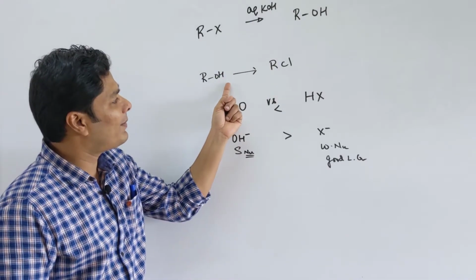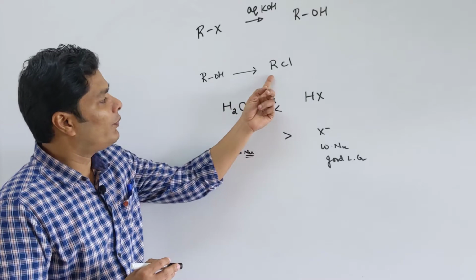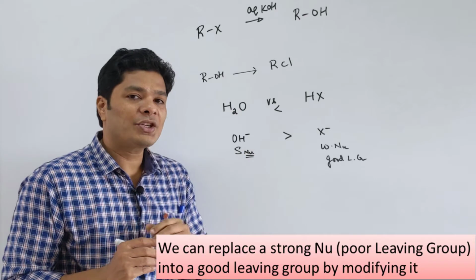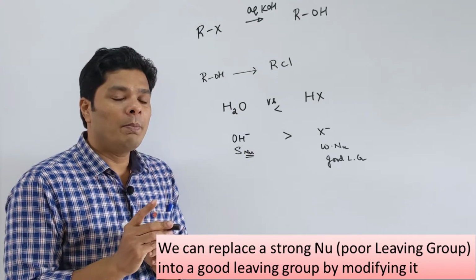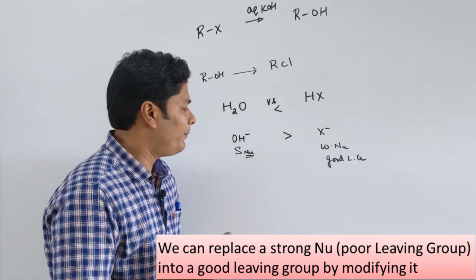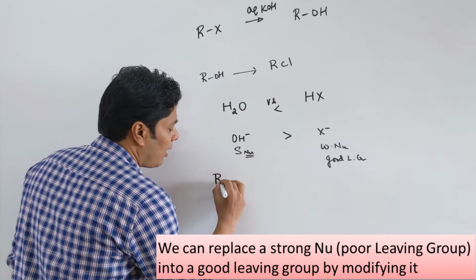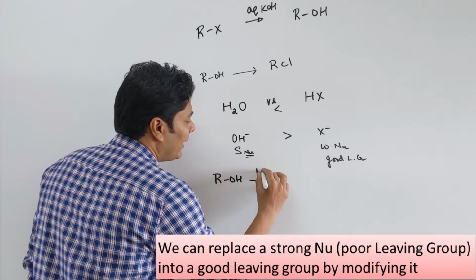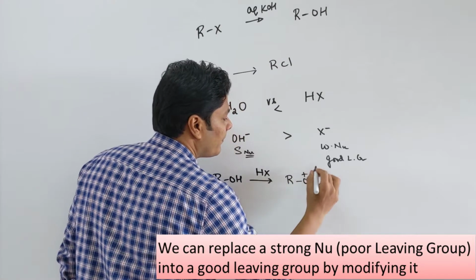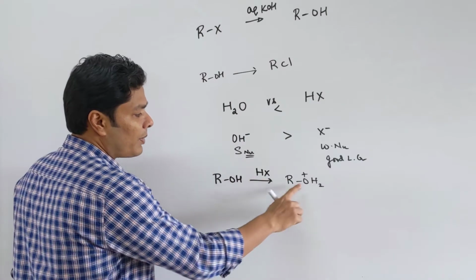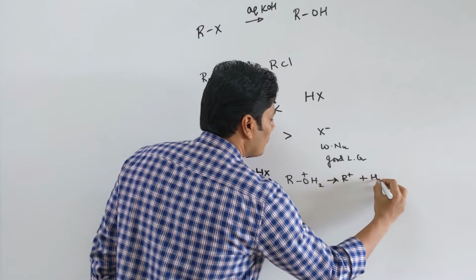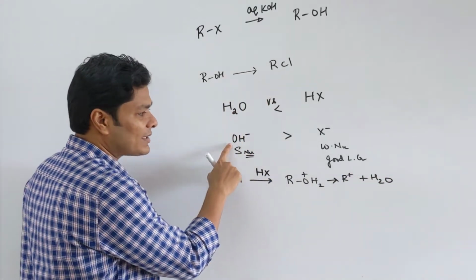Then how is this happening? Now, when you see our reaction, the first reaction we saw is Lucas test. Similarly, when you see the reactions where you are replacing them, we always make the OH minus a better leaving group by one way or another. For example, I have my ROH, I treat with my HX. The first step is always protonation of the oxygen to form an oxonium ion, and now it leaves. Now, when this leaves, the leaving group is not OH minus, the leaving group is water.